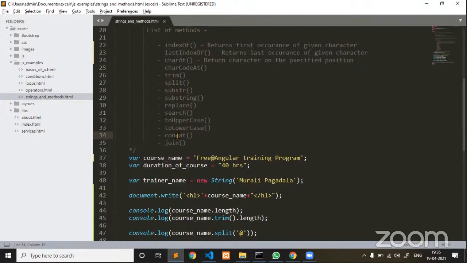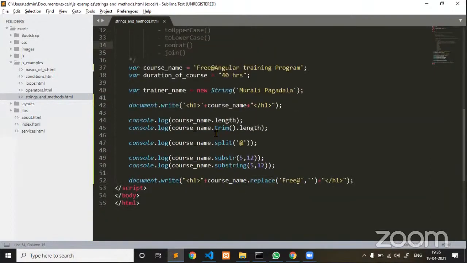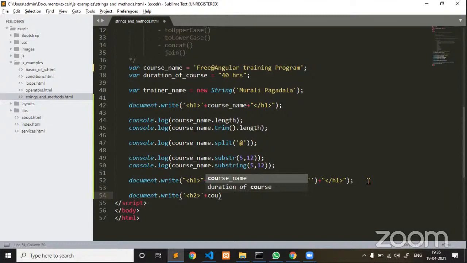Now I'm going to give an example for concat. Concatenation is something like, if you have multiple strings and you want to concatenate them into a single string, that is where we use concatenation. So with document.write, I am planning to print the concatenated values into the document, giving h2 plus the course name, which is a string, plus concatenating with dot concat.